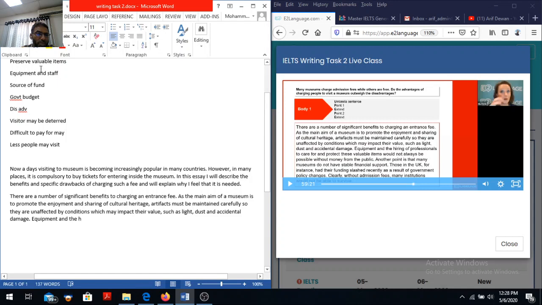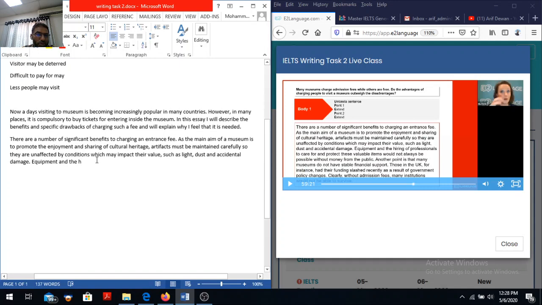So preserving valuable items, number one, that we already described. Now equipment and the staff, point number two. Equipment and hiring of professionals to care for